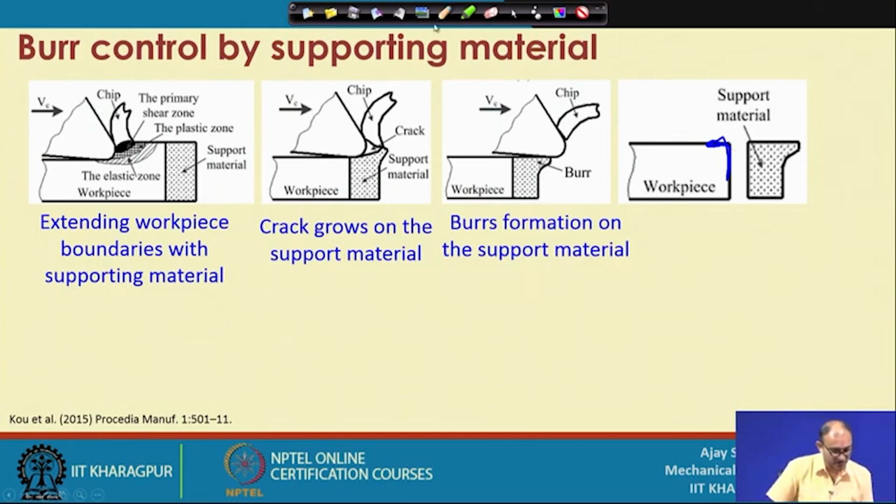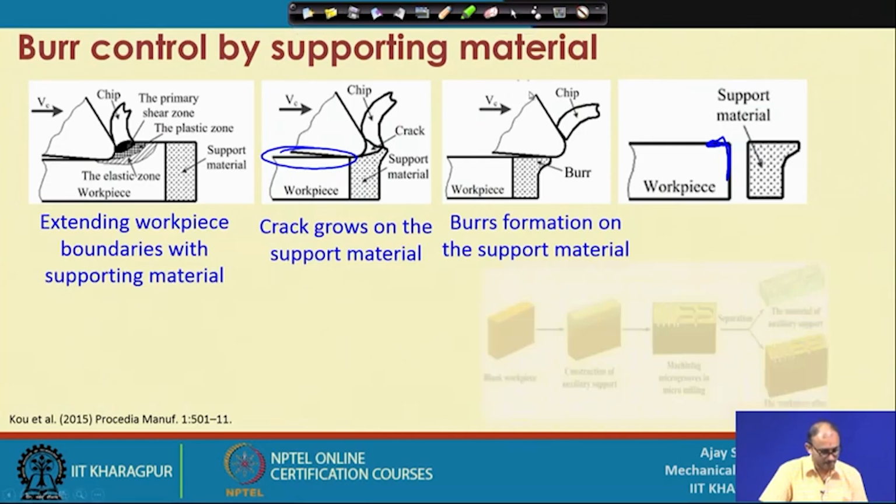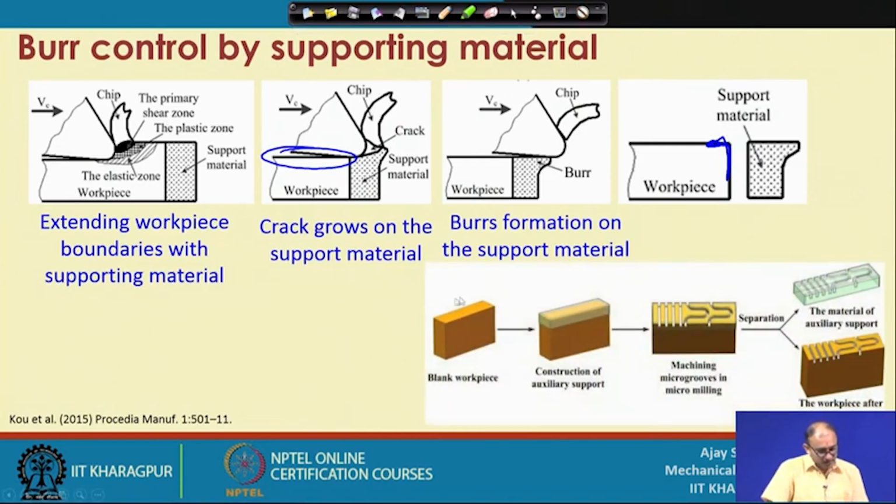But still there is one thing left, that is the top burr, because we are still machining at this location and it may create a top burr formation. So, let us see how we can reduce the top burr formation. The same thing we can do here. This is your workpiece material, the blank material. When we added the supporting material from the side, now we add the supporting material from the top. Now again you do the same machining operation. We are cutting a slot here, 1, 2, 3, 4, and then we are cutting one